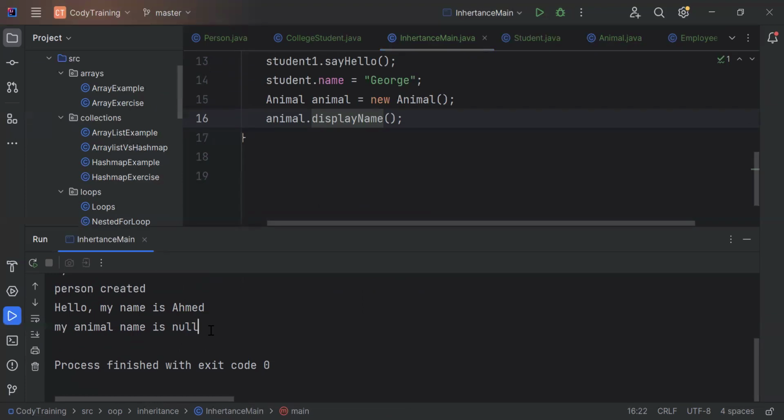Is this what you expect when you run a program like that? Yes. Why do I see my animal name is null? Because you didn't name it. Yeah, because initially I didn't set any value for the name. I could call the display name method without even assigning a value to the name, right? Yep. Okay. So here, to make this program work correctly, I should, before calling the display name method,